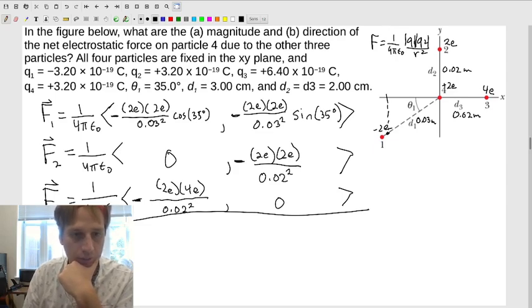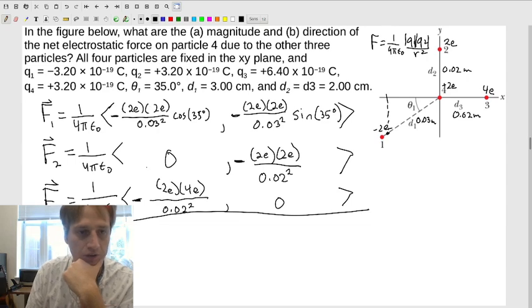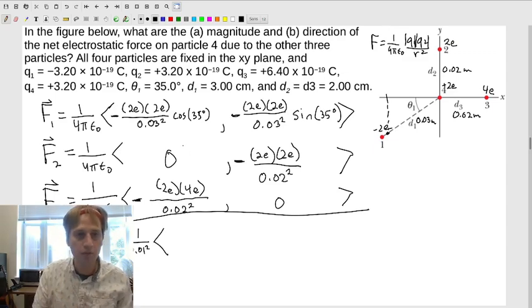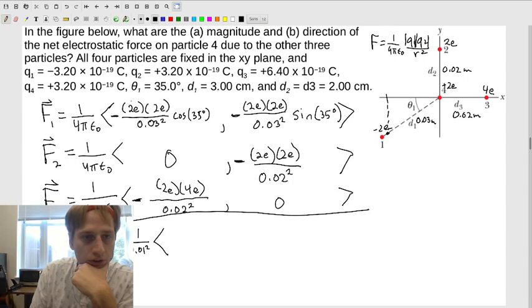Now I'm going to do something a little bit sneaky. Each one of these has e times e, e times e, e times e, e times e. So I'm going to take that out, 1 over 4 pi epsilon naught. And each one of these has 0.01 squared, so I'm going to take that 1 over 0.01 squared out, and that's just going to leave me with 2 times 2